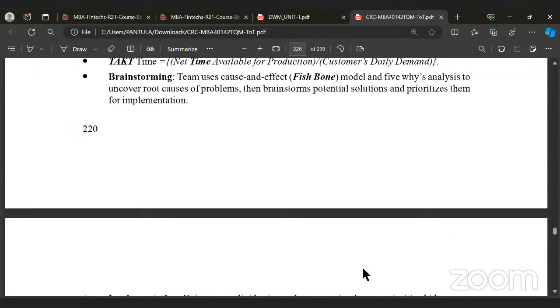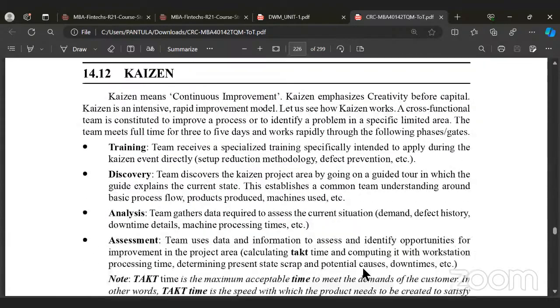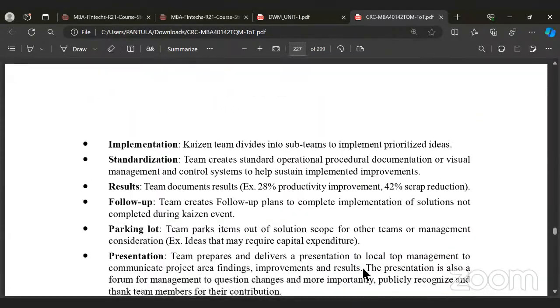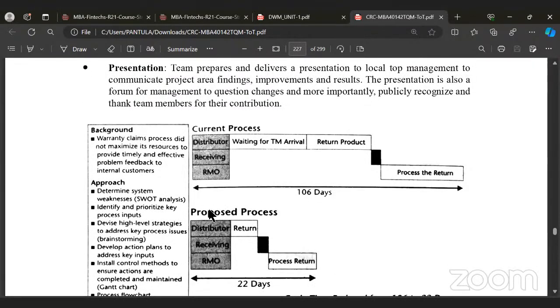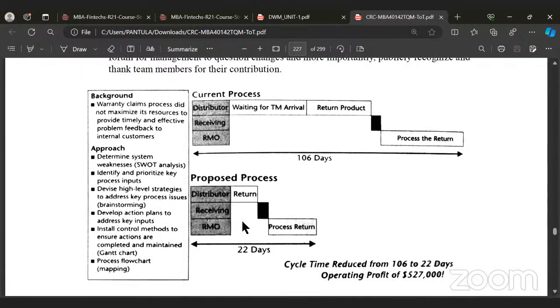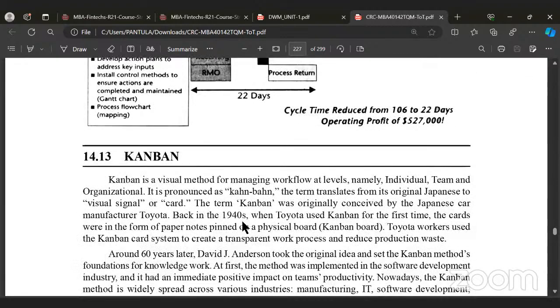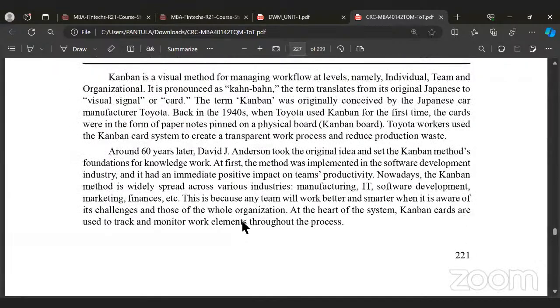So these are the Six Sigma practices I can see here: background approaches, distributor proposal process. Now the Kaizen is going to be discussed. Kaizen visual management works at the workflow level, namely individual, team, and organization. It processes the Kaizen Dan. This system translates the original Japanese